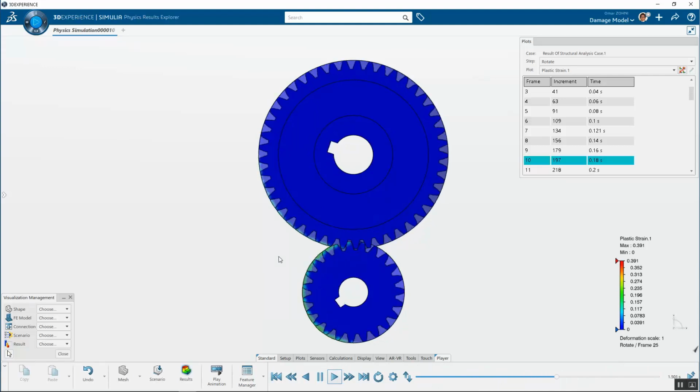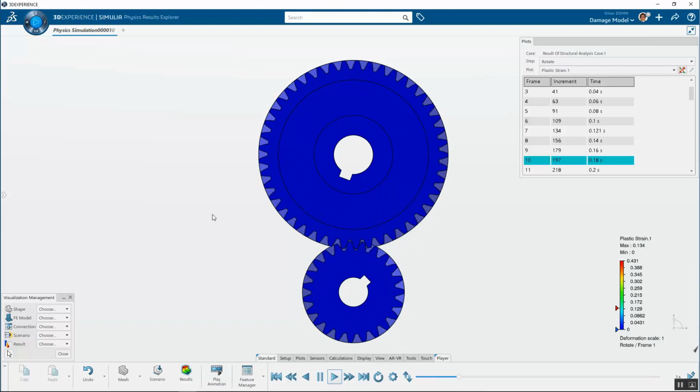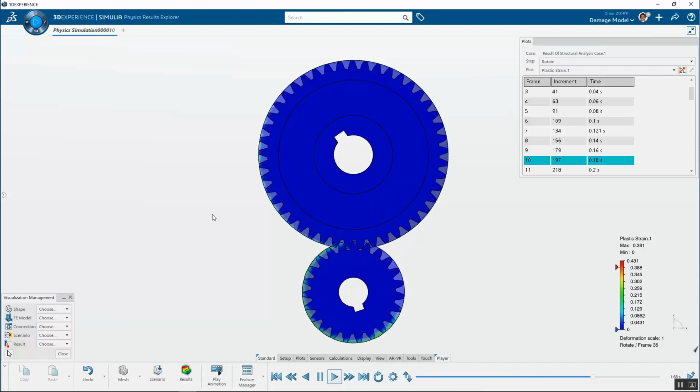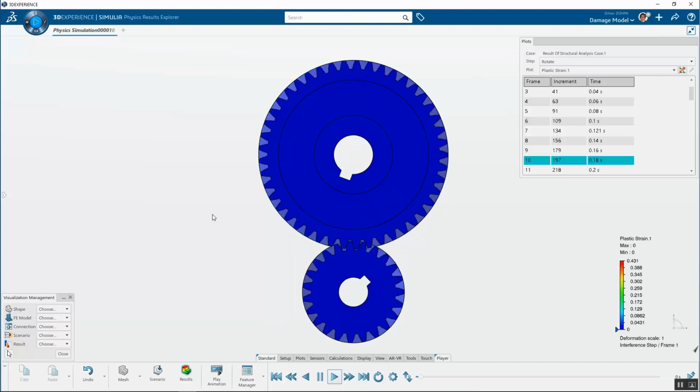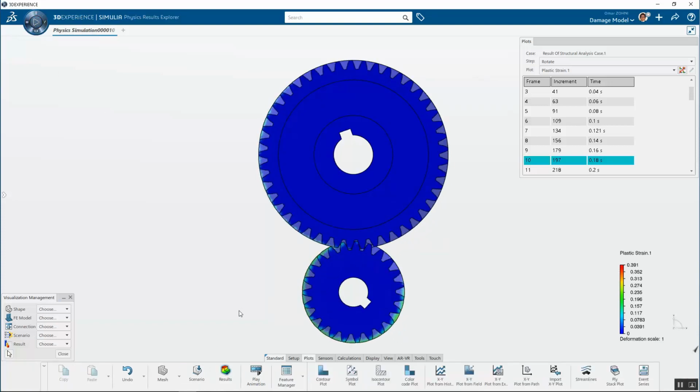So you can see it's highlighting a plastic strain. We're getting a lot of plastic strain in those gear teeth for the 360-degree rotation. So really, really cool analysis here. Again, so simple to set up, taking advantage of including plasticity in the material model. It's including interference fits. Another really cool thing we can do, because we've utilized those couplings, is we can create